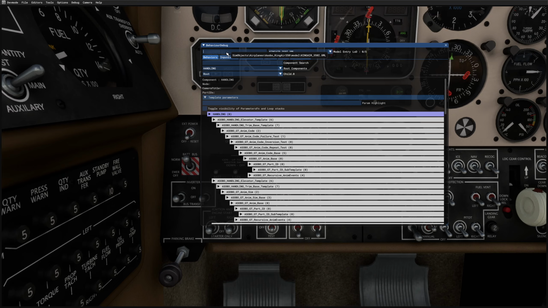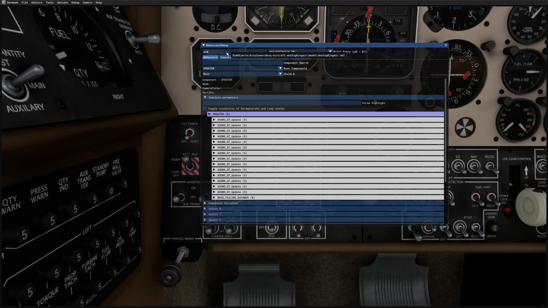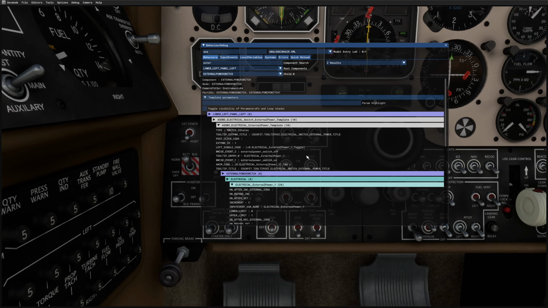So if we click in here and start to look for the analog King Air XML file, that loads automatically. Other companies call it the cockpit or the interior or something like that. Anyway, the component we're looking for is the external power switch. So we just type enough in the filter to bring that up here. Look at the external power switch,